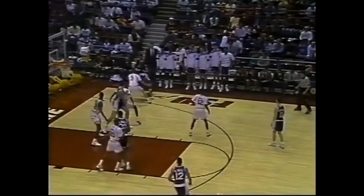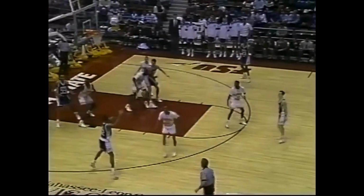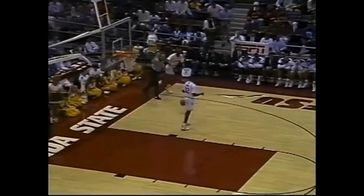Charlie Ward's going to push it up the floor. There's the quick pitch to the wing. There's Dobard with the miss. And here comes your guy, the Scott. I knew you weren't working on your head. 92% from the free throw line for the Blue Devils in the first half. There's the zone defense now, the 2-3 matchup. Ryan Davis, he's the fifth option in the offense, but they get...